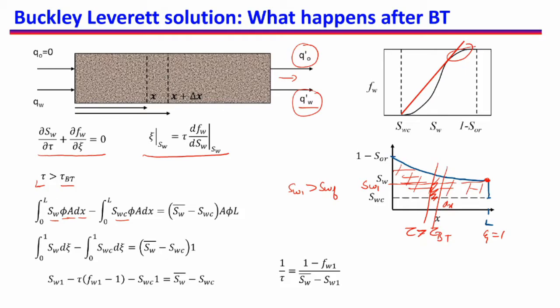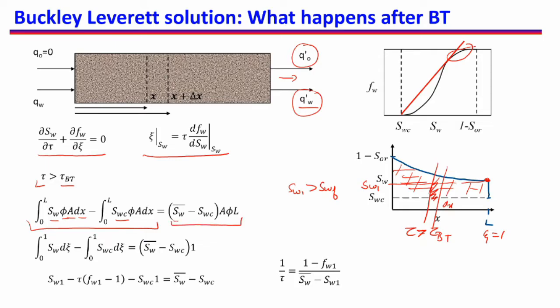If this is the case, if I integrate it from 0 to L, because now we are going from 0 to L as water saturation greater than SWC has reached xi is equal to 1, then this will give me the total extra water that is now present in the porous medium. Some water may have been produced, we are not counting that, we are just counting what has been left behind in the porous medium. And that can also be written in terms of average saturation.